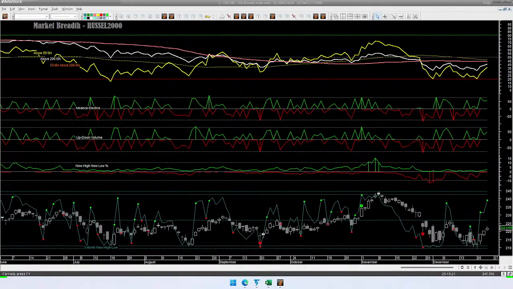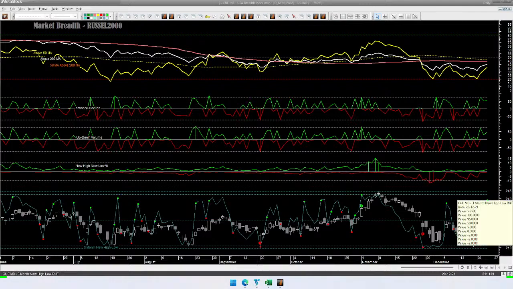So we already decided from total view that at this point we would look to buy small cap growth stocks. What was Russell 2000 doing at that time in terms of market breadth? Look at the 3-month new high low. It hit the low extreme point. So that would also tell us that Russell 2000 in itself would recover from that point.